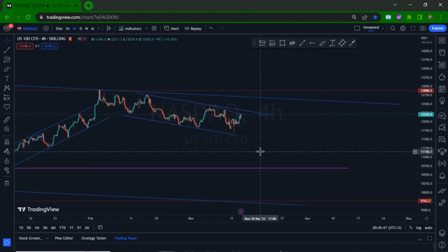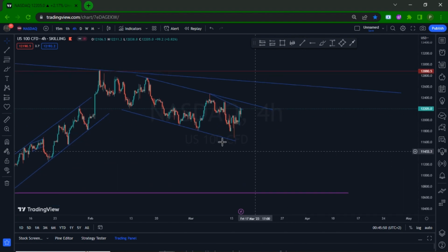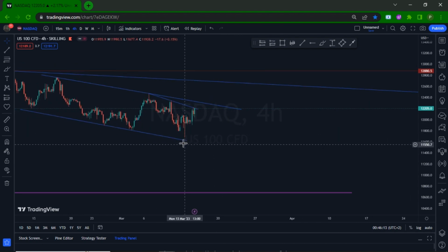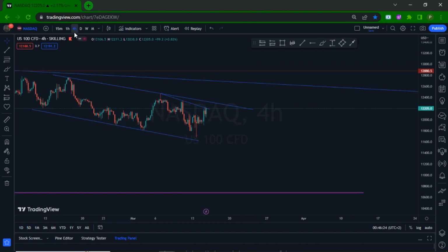Let me just get closer. All right. Recently, what's been happening is we had our first, second, third, but then we've evolved. As you can see, it's now first, second, then this one didn't touch. But we can't expect price to always touch, but we have to be very alert at certain levels, right? This type of levels. Here I was looking forward for price to reverse, but then I thought it was going to touch here first before it reversed, however it went down and then came back up, which is not a problem.